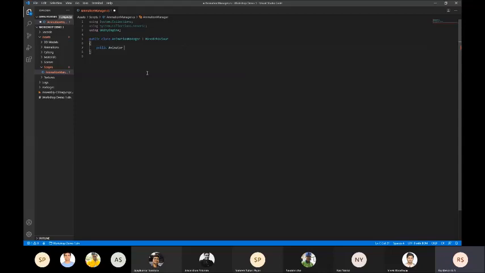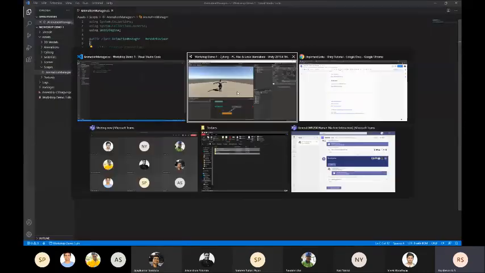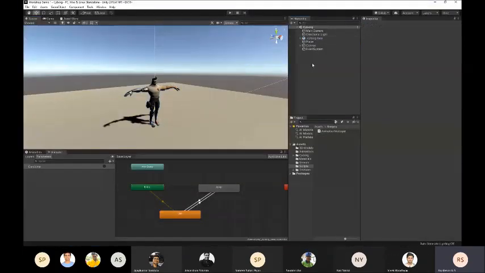So we'll call this, right? And I'll save the script. I'll come back, go back to Unity. So right now you have to notice one thing, that our script is in the project folder, and it's not in the scene, so it won't have any effect on our game. So we need to move the script to our scene, right?